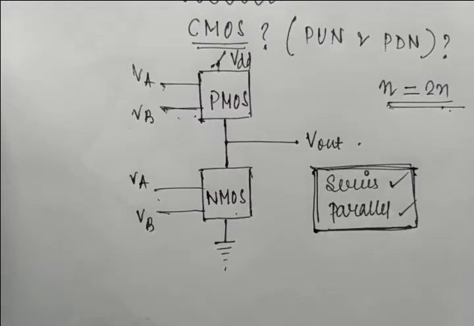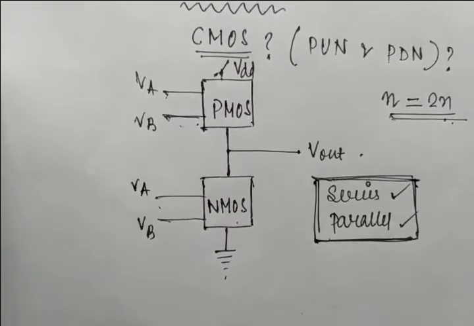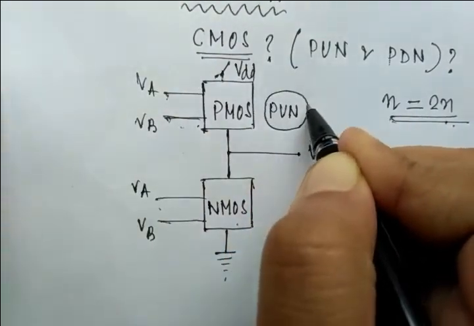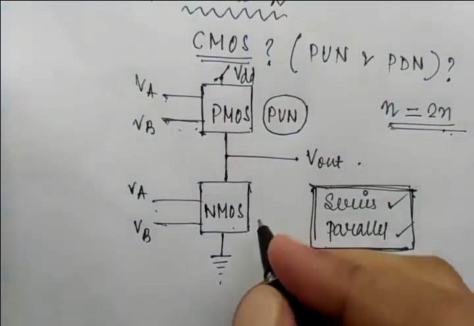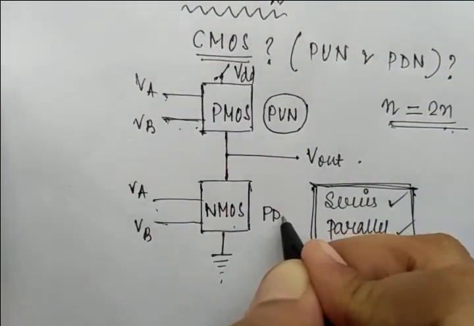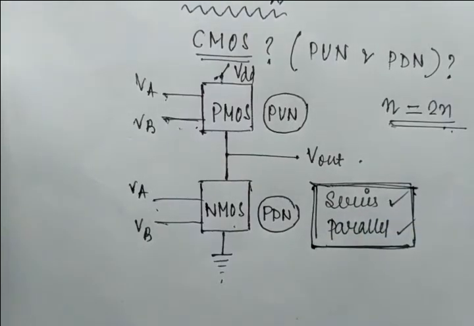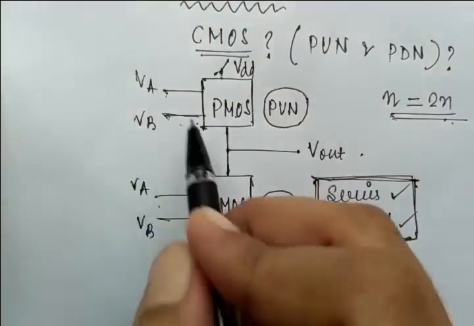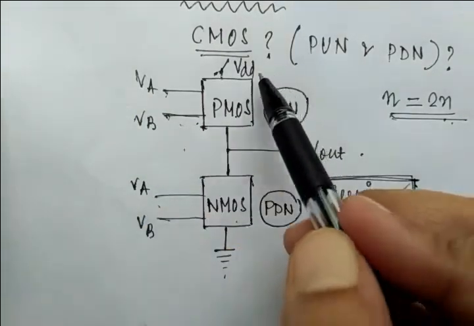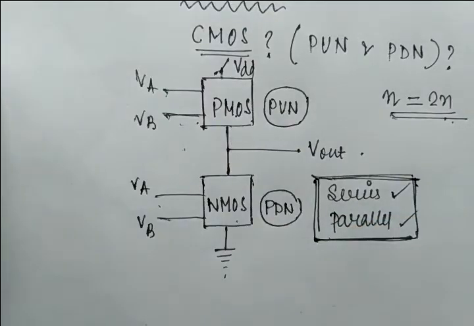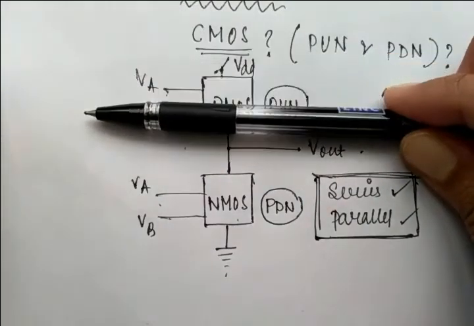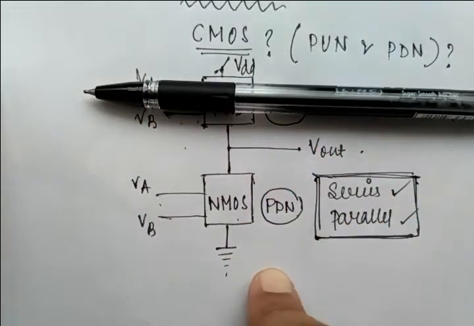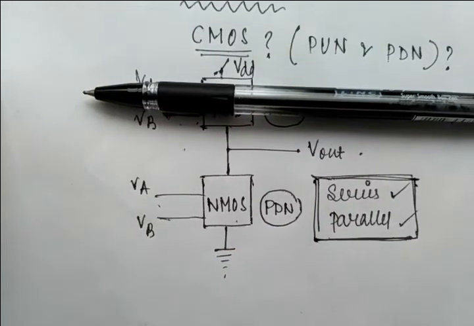Clear? Okay. And again I am saying that this upper block is also known as the pull-up network that I defined in my previous introduction class, and this lower block is known as your pull-down network. Why is it the pull-up network? Because it is PMOS. So if the inputs are high, then the PMOS will be off, meaning cut off. So cut off means the upper block is off and the connection will happen between output and ground. So output will definitely be 0.